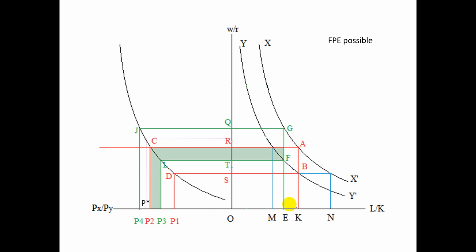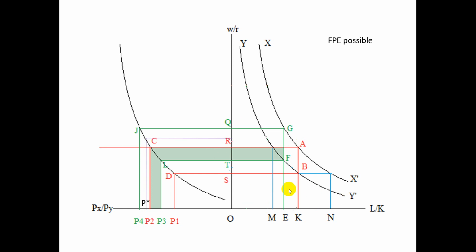But here there is one reason for taking this point M, because if we consider this point R, which is the maximum factor price ratio for country A, so corresponding to that we have obtained the point M here. So that is once again an assumption. We can always relax and we can consider some other factor price, some other labor capital ratio.